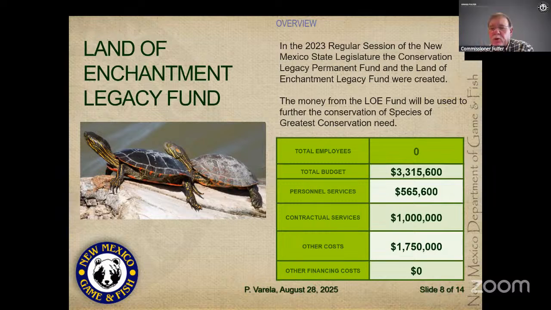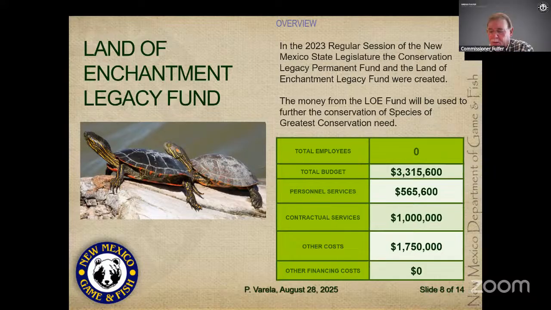Those would be new employees, or is that? Commissioner Fulfer, yes, they are new employees. We just brought them on board. I believe we are in the final stages of bringing on all 8 employees at the moment. If not, most of them are already on board by now.